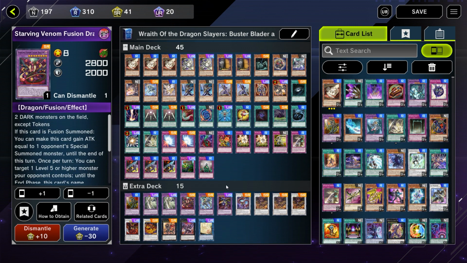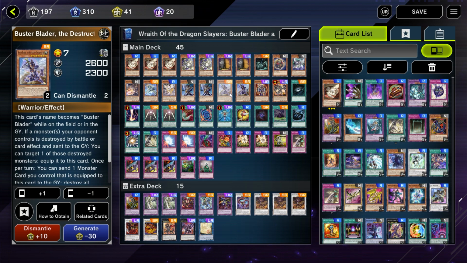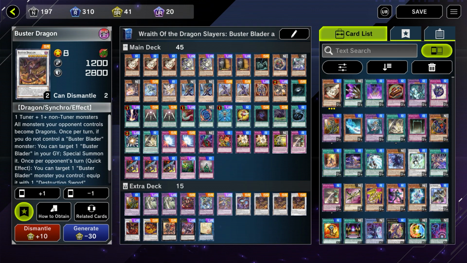Now, besides Buster Whelp and the Trap, I have two Buster Bladers, the Destruction Swordmaster. I have two of these because when I activate that trap, I'm usually sending two Buster Bladers to the grave. And it's usually those two. The reason being is because this Buster Blader, once he hits the graveyard, his name is now just Buster Blader by itself. And with that being Buster Blader by itself, you can use Buster Dragon's effect to pull him out